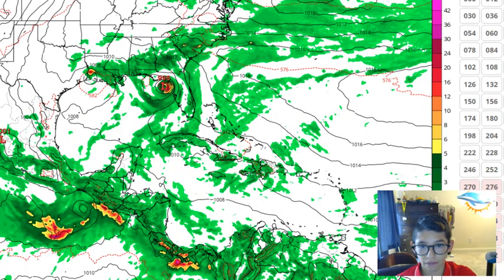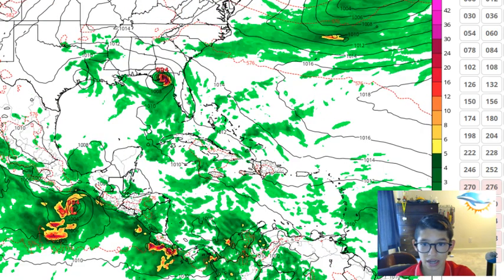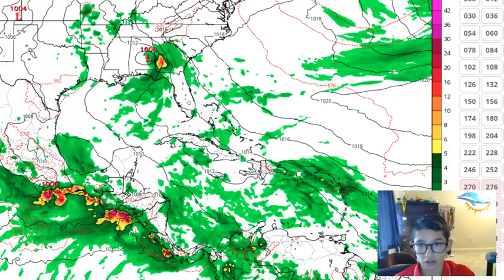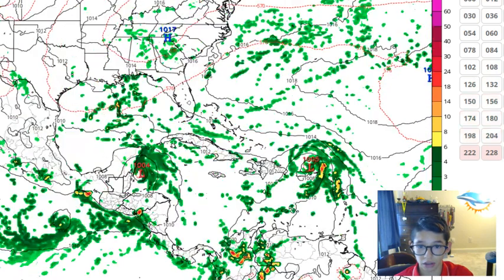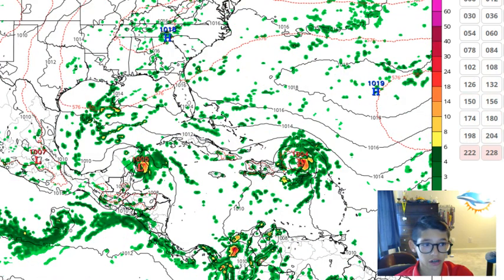As you see, making landfall on the Panhandle or the Big Bend at 994 millibars. I definitely did not see that happening, in my opinion. Really, I think a lot of people can agree with me on that. All right, CMC here shows